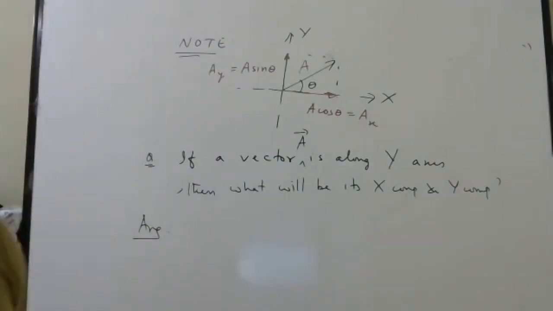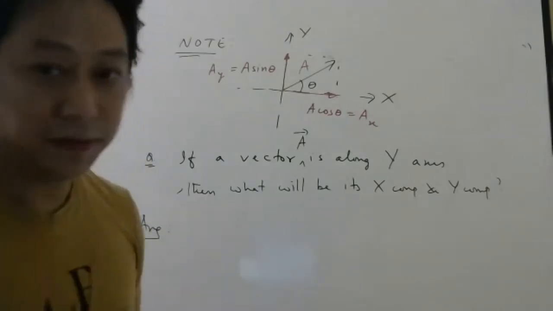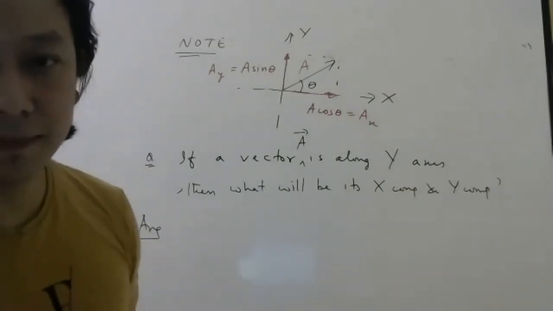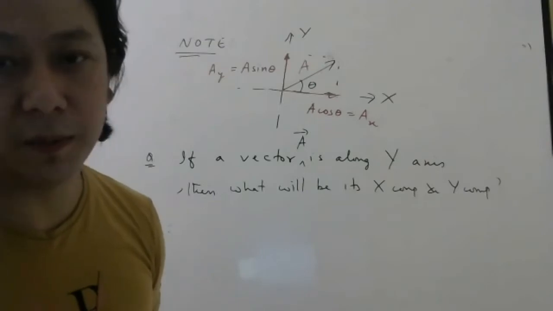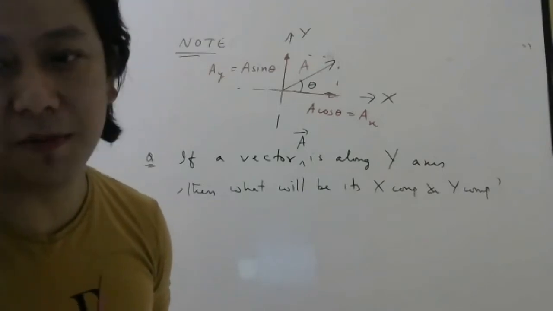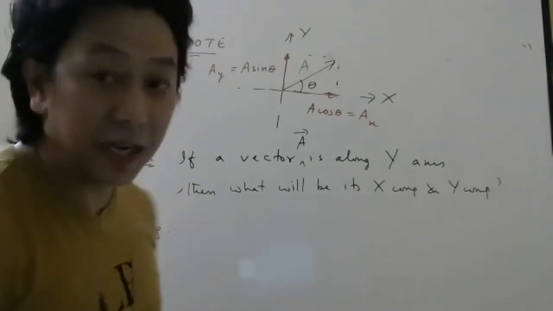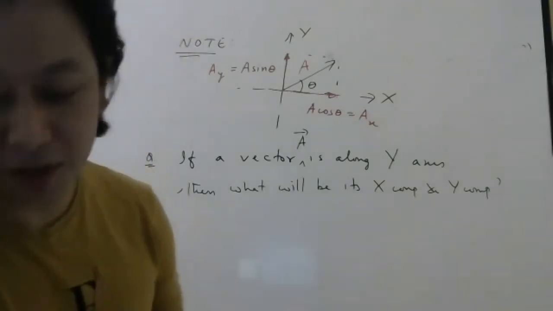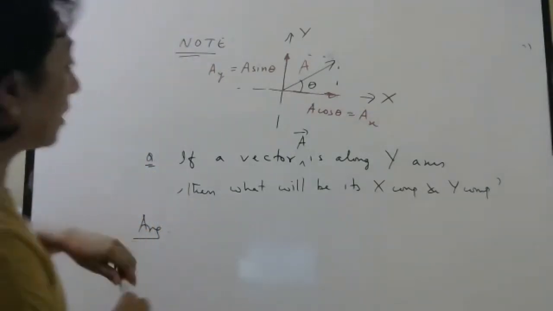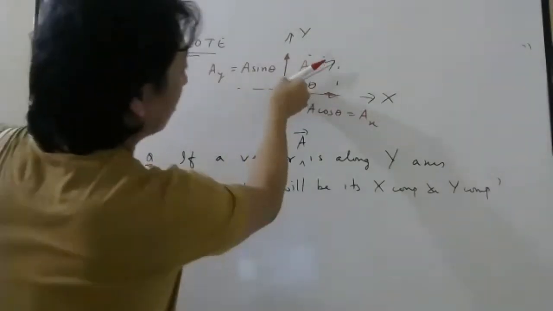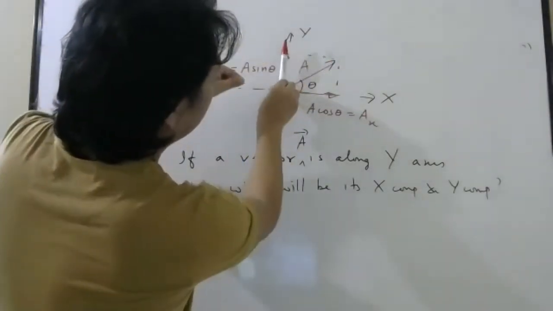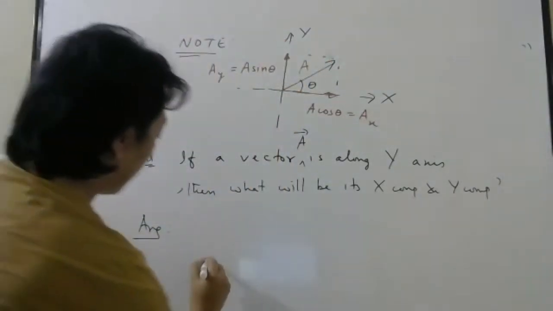Try this once. If you are able to do it, no problem. If you are not able to do it also, no problem. I will do it, but at least try. Thinking is important, no? So what I am saying is this vector is not here. It is here. So in the diagram, if I draw,